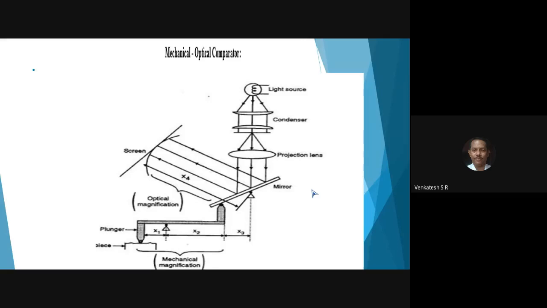Last class we discussed the optical comparator. So this is the mechanical optical comparator. The name itself indicates mechanical. Mechanical means here you have linkages, and mirror, lens, and the light system. For that reason, it is called optical. And you have the links. For that reason, it is called mechanical. It is the only comparator where you use a lighting system as well as linkages, and that is called a mechanical optical comparator.